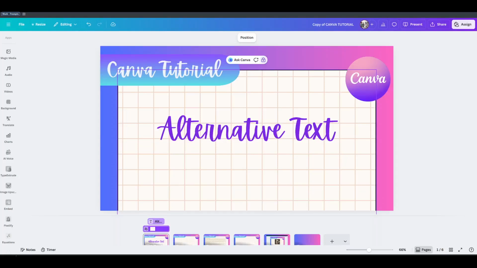In today's video, I'm going to teach you how to mark text as decorative in Canva. This simple step helps make your designs more accessible by telling screen readers to skip elements that are purely visual. When something is decorative, it doesn't need an alternative description, and removing that extra noise makes the experience clearer for